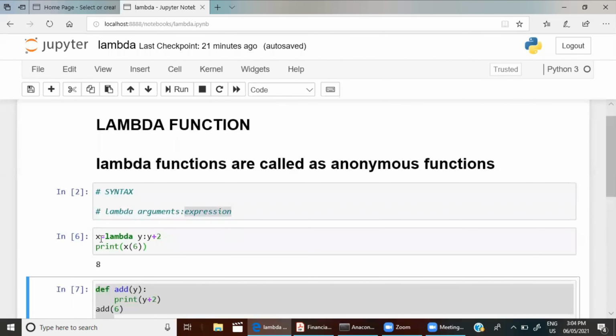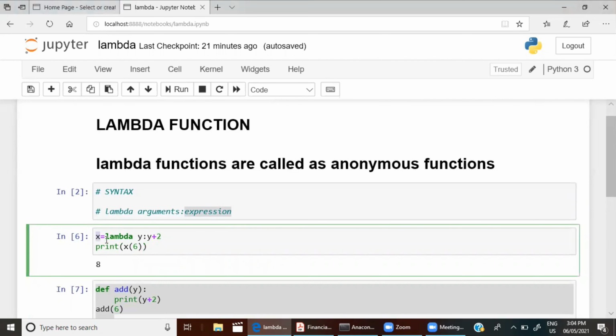The first thing you need to do is define a variable called x, which stores the function. Lambda is a function. So x stores the lambda function and it is the functional object. x is the functional object. So this is the syntax, lambda. You can check the written statement and print statement, which will be given in the green color, so you can check whether it is right or not.